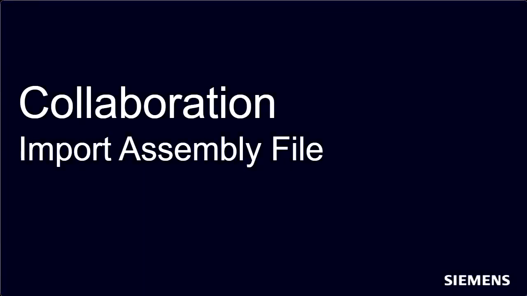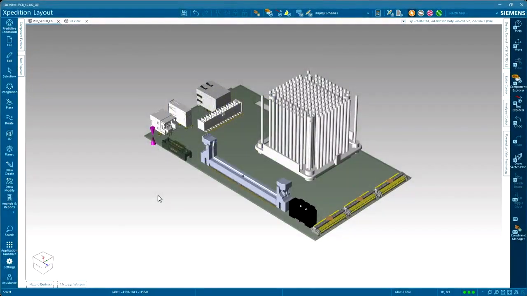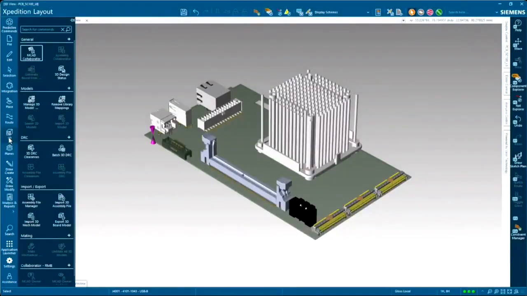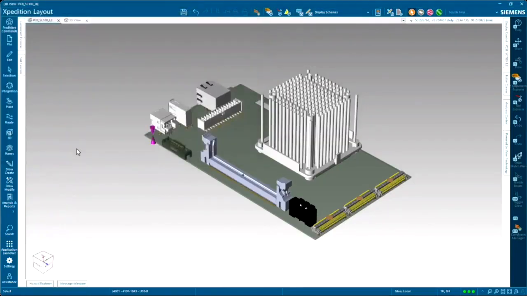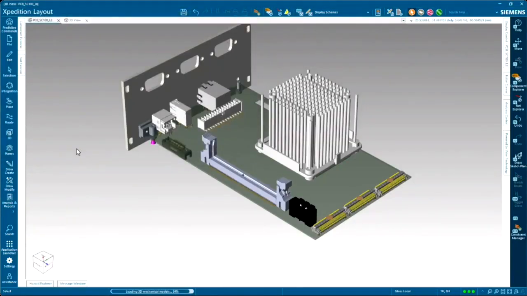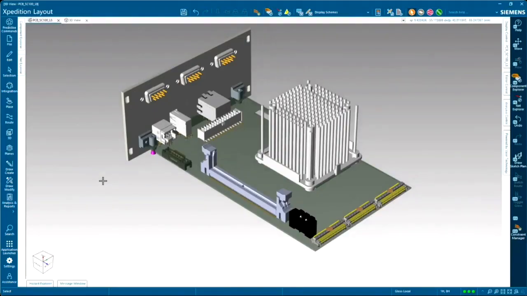Now, we spoke about the mechanical components a little earlier. This is done as a slightly different step. And the way this is done in Expedition, we load the mechanical items using a load assembly command. When we exported the baseline, we generated this mapping file that says these are the components that you need to introduce into the ECAD world.